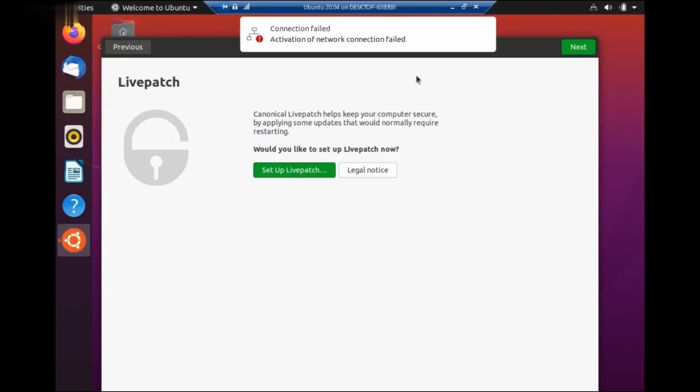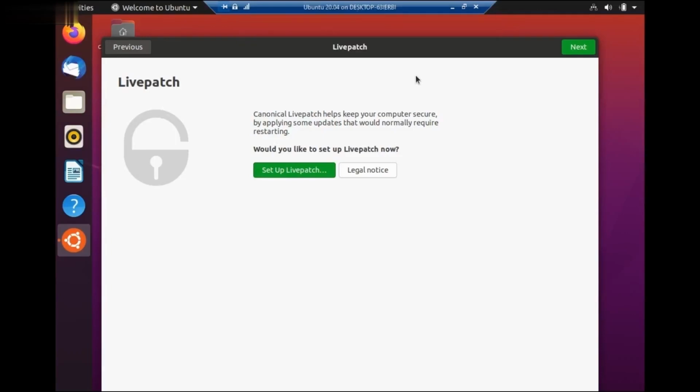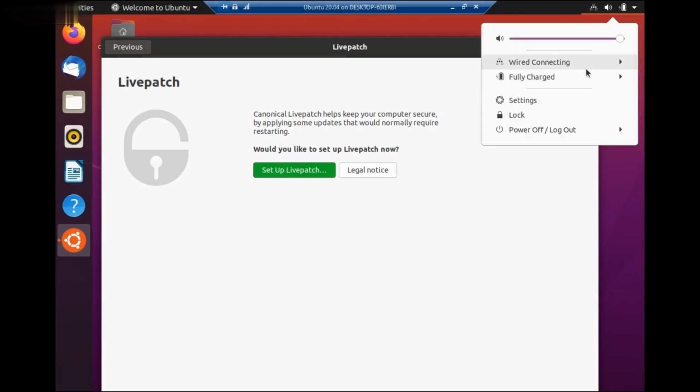Now I'm getting a message that activation of network failed. So it means at this time we do not have any network connectivity, internet connectivity on this system. We will look into the issue.